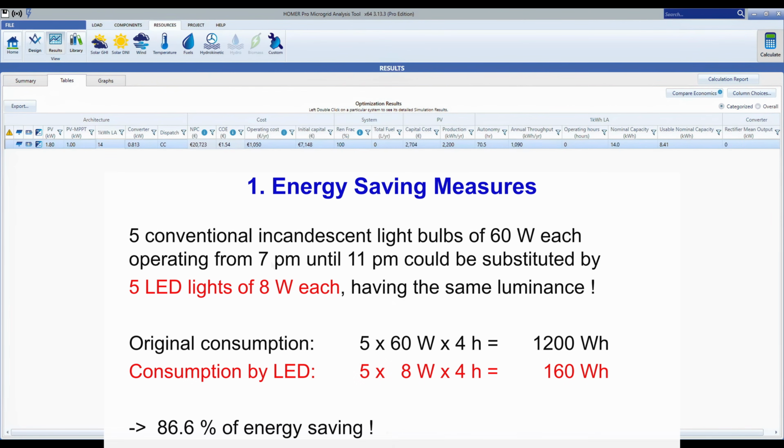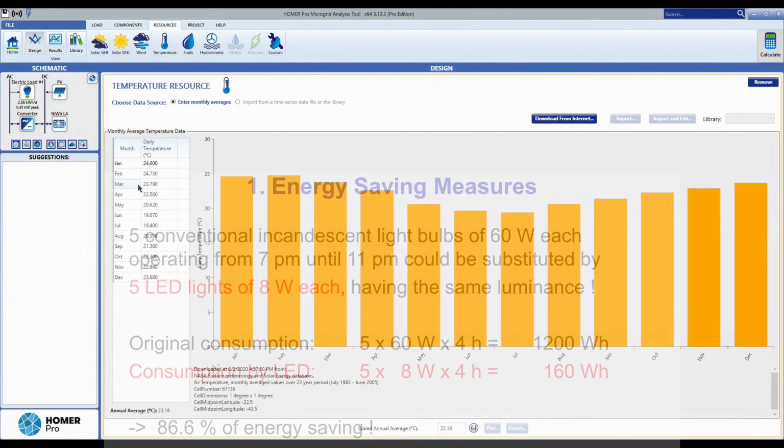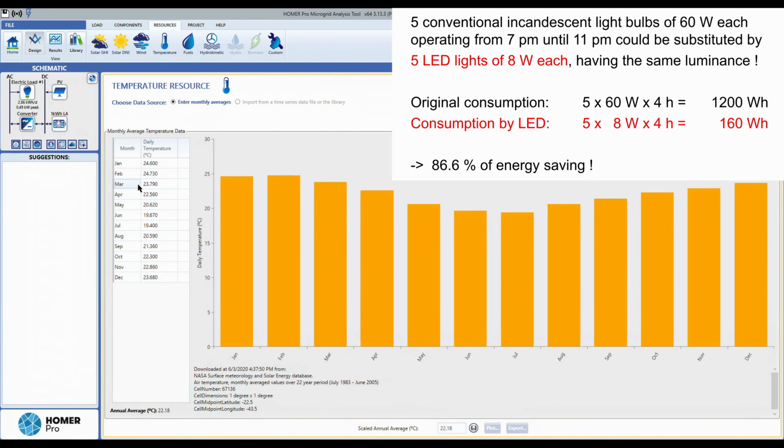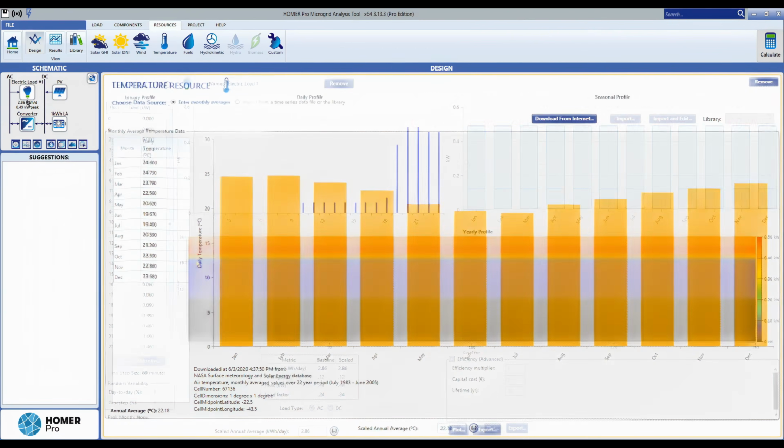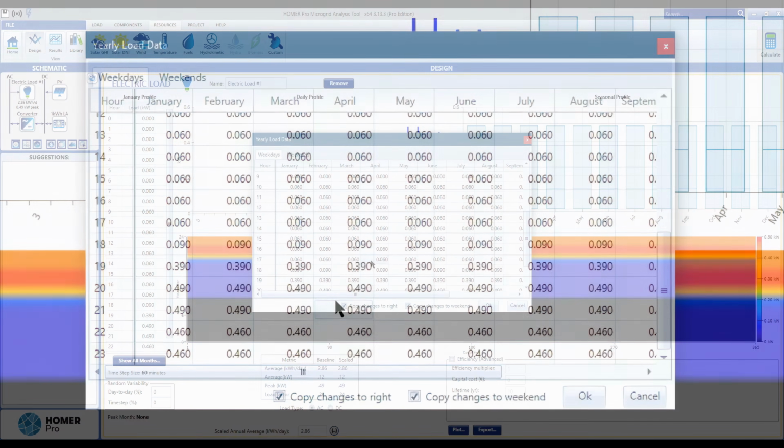Okay, so now for the second part of the exercise, I'm going to change our numbers for the load, only for those lights of 300 watts from 7 p.m. until 11 p.m. I will substitute them with 40 watts, since we have 5 LED lights of 8 watts each. So I need to go to the load part again here, and then I will open the show all months option here,